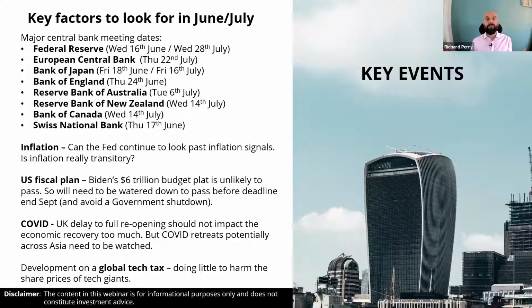But for example, the UK's full reversal from the COVID lockdown has now been delayed another month. So there are still uncertainties surrounding that. But how does that play out with regards to currencies, especially, is the question. And finally, with regards to the G7 and the global tax on tech companies, yeah, I mean, it doesn't look,